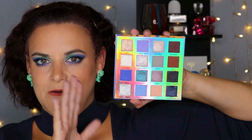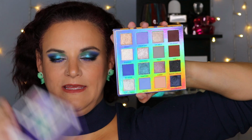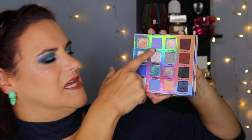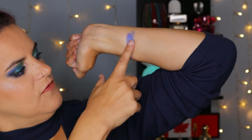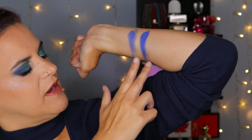However, when I take a look at Blueberry Muffin, some of these matte shades in here make me think of the shade Sympathetic, which is that nice cobalt shade in this palette. So in particular, this shade here called So Good looks quite similar, and Cheat Day looks like it might have similar elements as well. So I'm going to go ahead and swatch those ones to compare against Sympathetic. Here we go. So this is Sympathetic from the Sapphire palette, and this is So Good from Blueberry Muffin,